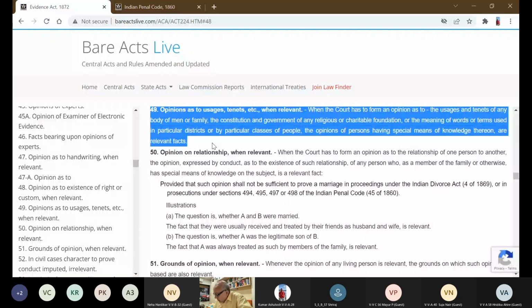Illustration, you check it yourselves. Today I will finish with 50. The question is whether A and B are married. The fact that they were usually received and treated by their friends as husband and wife is relevant. So this is required to be proved here. Whether they have undergone a ceremony of marriage is irrelevant. They are staying together. The court presumes that they are husband and wife. Even if she may be a mistress, the law presumes, since they have been staying together,